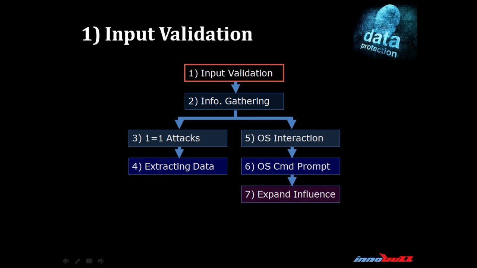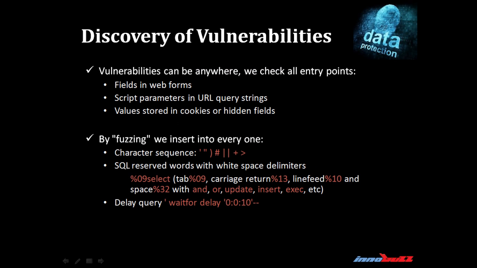The first step is to find a vulnerable entry in the web application. To find vulnerabilities, all parameters in a web form must be checked. SQL injection can happen in any of the following: fields in web forms, script parameters in query strings sent as part of the URL, values stored in cookies that are sent back to the web application, values sent in hidden fields. To find all the different entry points in a web application, a web proxy or a fuzzer must be